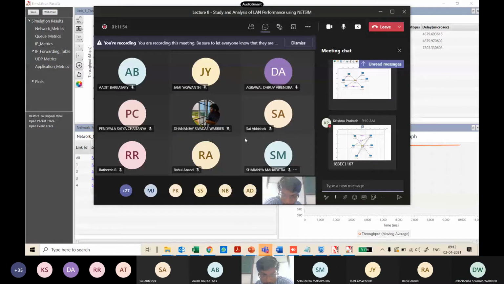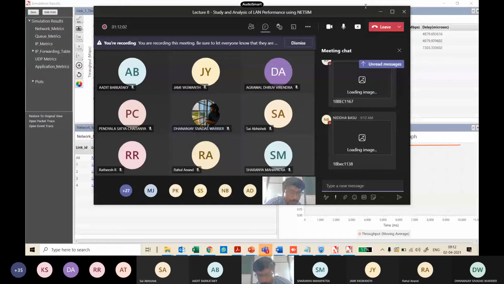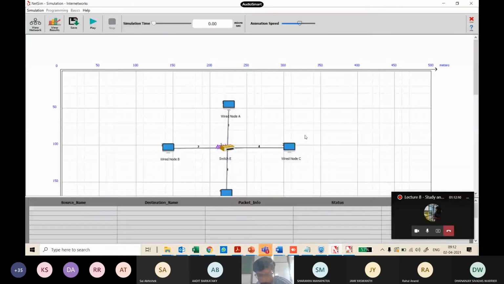So the point that I'm trying to convey now is there are two windows. Now look at my mouse cursor, please, all of you. I'm bringing it to the bottommost to show you that there are multiple windows getting opened, right? One is your main window, which has now turned into an animation window. The second window is your metrics, which is plotting your values. You will have a slightly different case because you're running it for multiple applications.